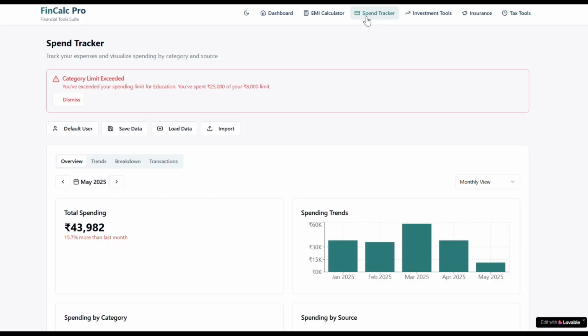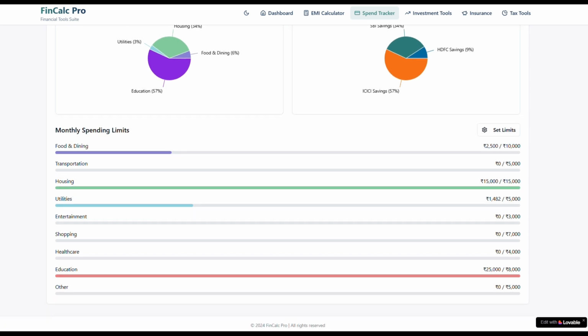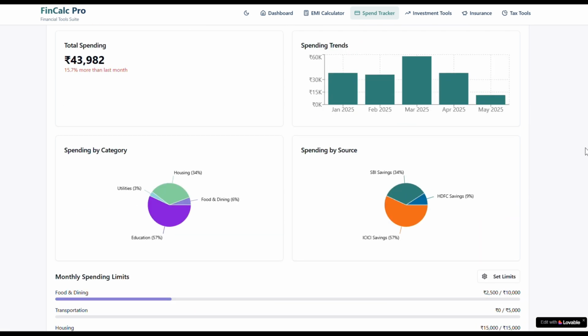Finally, here's the tool I'm most proud of, the spend tracker. This tool alerts you if you exceed limits. For example, education was capped at 8,000 but 25,000 was spent, so it gives a warning. You get an overview of total expenses, spending trend charts, and a category-wise pie chart. You can modify category limits too by clicking on the set limit icon, which allows you to set a limit